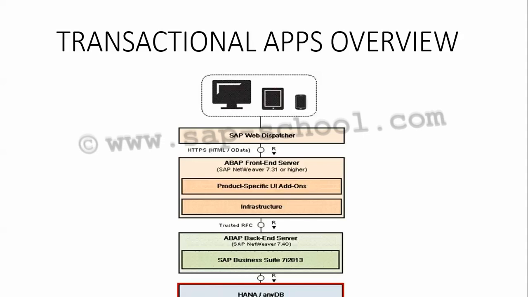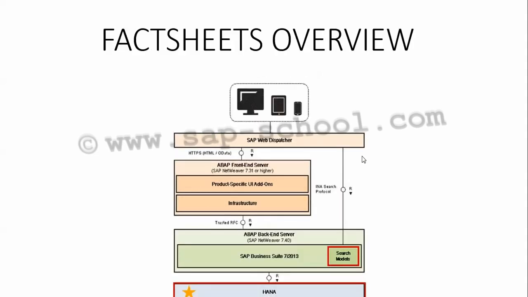Now, after that, let's see the overview of my fact sheets. Fact sheets will display the contextual information about the central objects used in our business operations. So let's take an example. If someone is using the sales order approval app, they could have a link to a specific sales order fact sheet. The fact sheets can be called from the SAP Fiori Launchpad, from other fact sheets, or from the transactional or analytical apps. The data displayed in fact sheets is immediately derived from the SAP HANA database through search models.